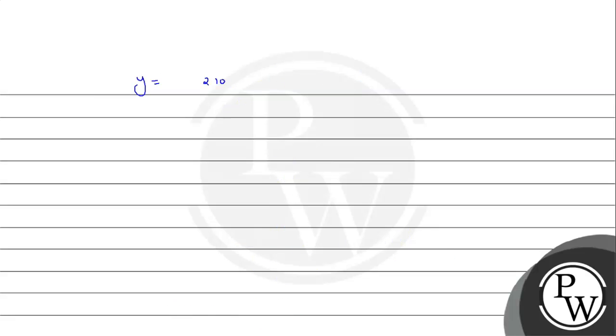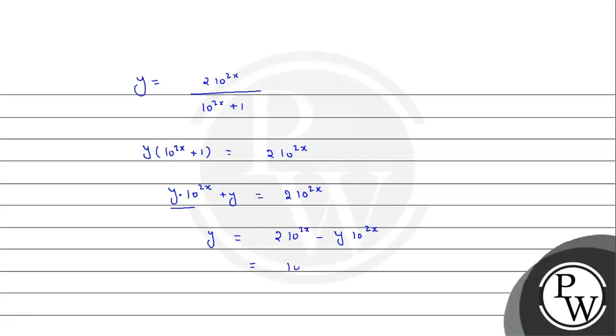तो y equals to 2·10^(2x) upon 10^(2x) plus 1। अब हम x की value निकाल लेते हैं यहाँ से, तो इसके लिए हम cross multiplication कर लेते हैं, तो y into (10^(2x) plus 1) equals to 2·10^(2x)। यहाँ पर हम y की multiply कर लेते हैं, तो y·10^(2x) plus y equals to 2·10^(2x)। अब यहाँ पर हम इस term को उस तरफ लेकर जाते हैं, तो y equals to 2·10^(2x) minus y·10^(2x), 10^(2x) को हम common ले लेते हैं, तो बचा 2 minus y के equal, तो 10^(2x) equals y upon 2 minus y।